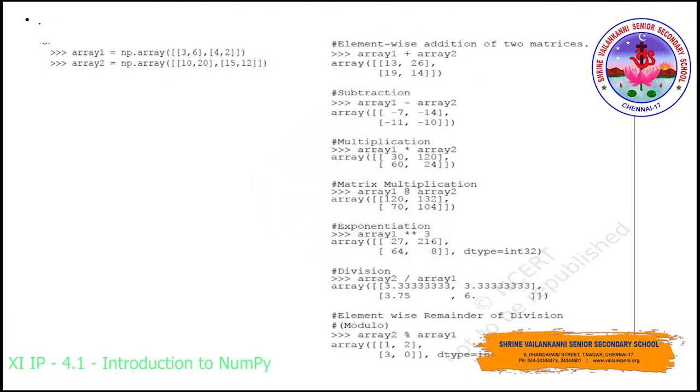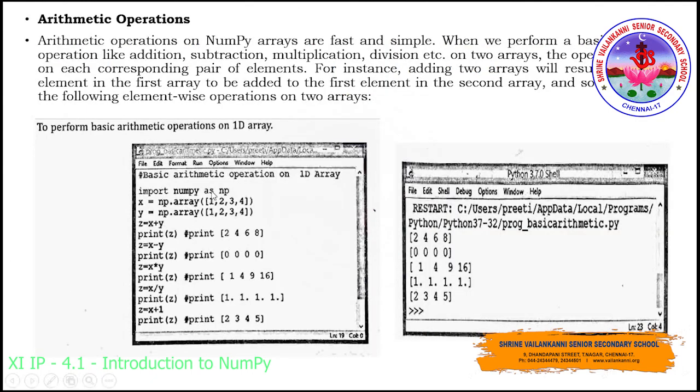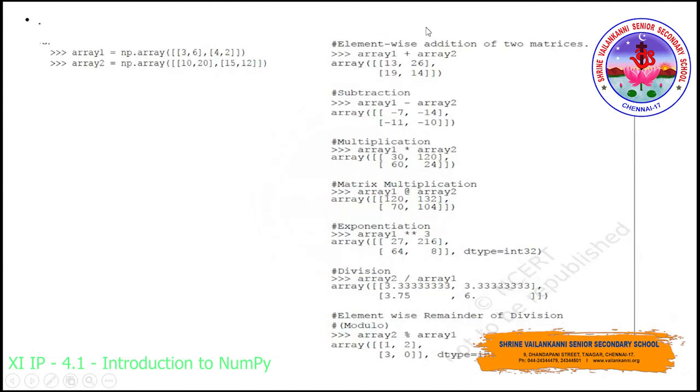And the next thing, here the element wise addition of two matrices they have given. It is possible to assign the arrays to variables and we can just add the variables, or the other method is you can use it like this even. So similar operations they have given everywhere, right?